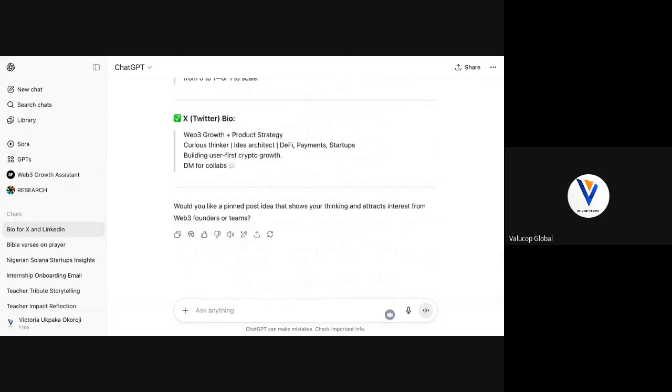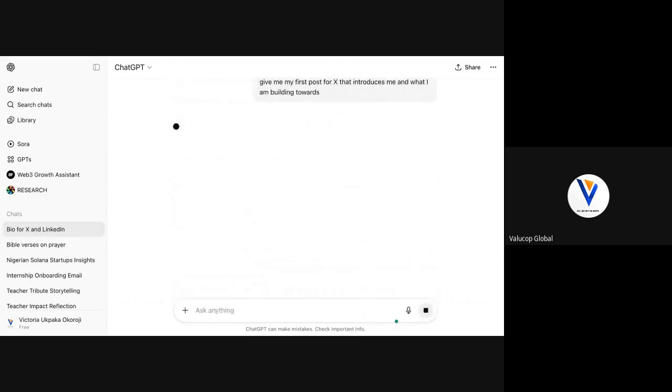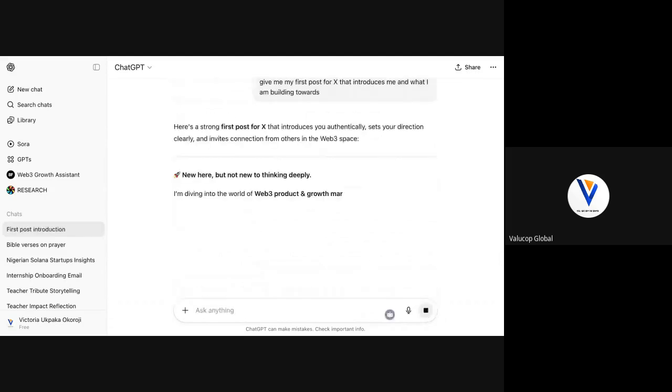So give me my first post for X that introduces me and what I'm building towards. It's just going to give you a pointer. I'm trying to rush; we're almost out of time.